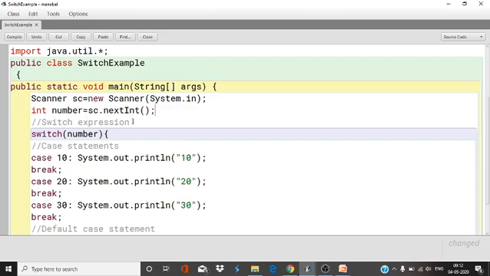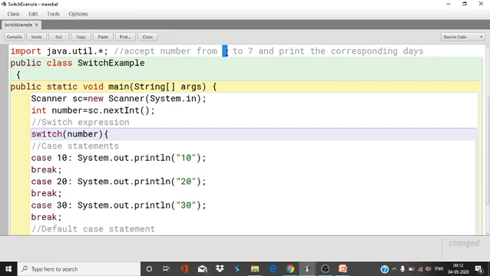Now the question is, accept a number from 1 to 7 and print the corresponding day. Corresponding means if anybody enters 1, what will be the output?